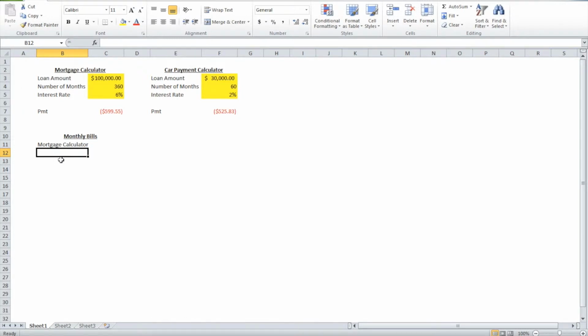So mortgage calculator, let's write car payment calculator. Okay, some of the other bills, we'll just start listing these various bills. Could be your electric bill, your water bill, cable bill, internet bill, some magazine subscriptions perhaps,